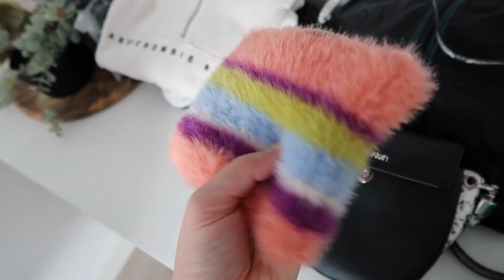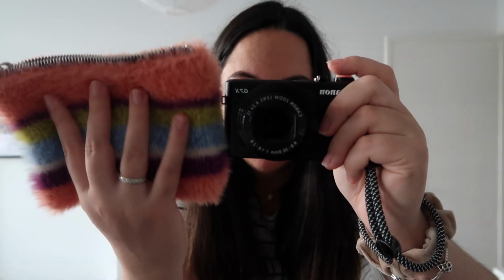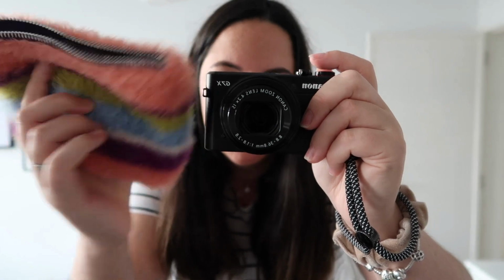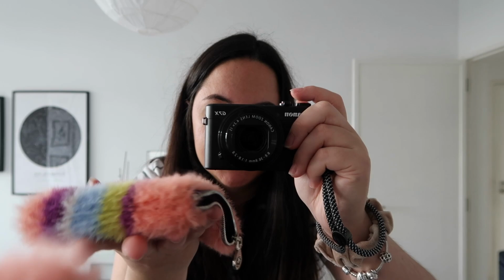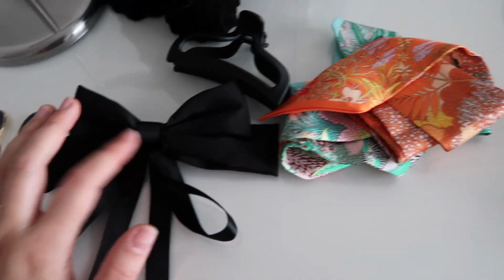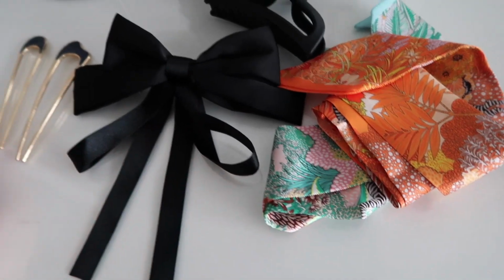I bought this pouch this week because I wanted to put my camera, this camera, inside of it, and as you can see, it fits perfectly. But the best part is it's really fluffy, so it'll protect the lens and the back screen from getting all scratched up. I pack a lot of little hair accessories that don't take up too much space, and this helps,